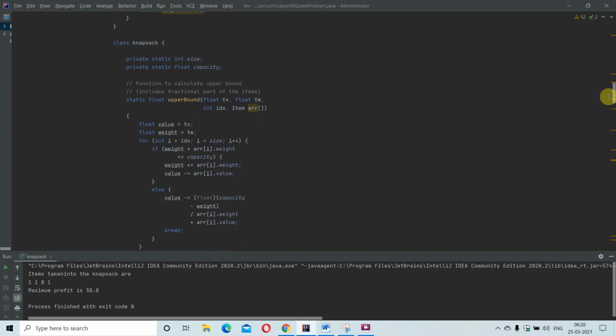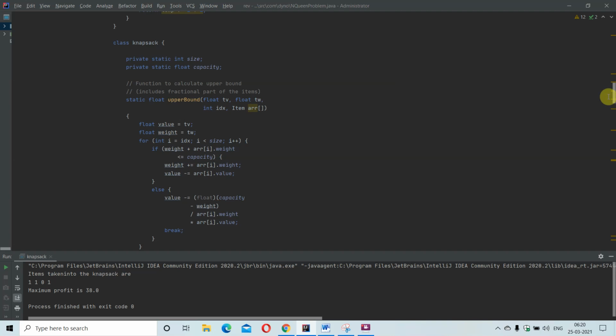declaring an item array. Float value I am setting to total value, float weight I am setting to total weight. Now I am iterating through the index, setting i equal to index and checking whether i is less than the size specified.